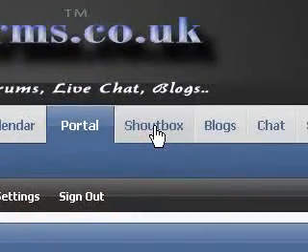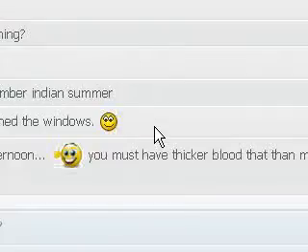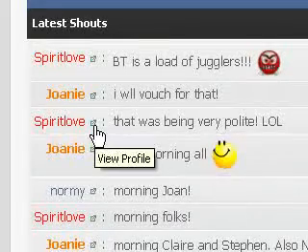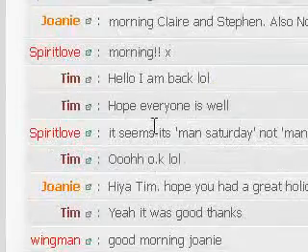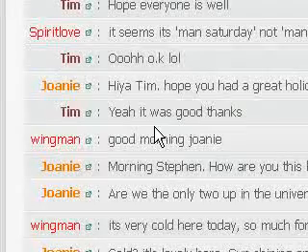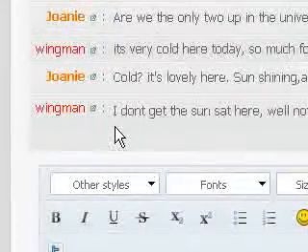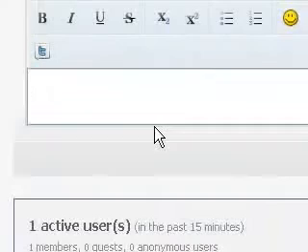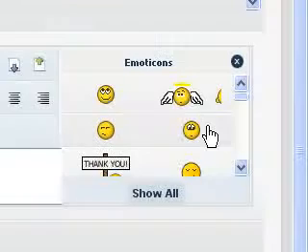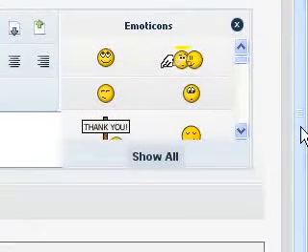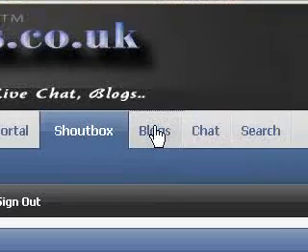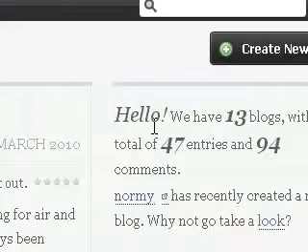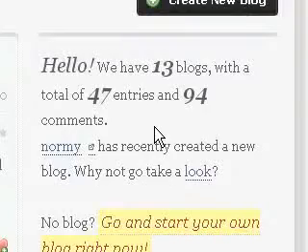Alright, shout box. Now we've all seen the shout box on the front page, but you can actually go into the full page shout box, which is a bit like a chat, but like I said, it only refreshes every 30 seconds or something. It's not instant, so it's good for those little messages. But you can actually come into the shout box and type properly. Of course, you've got your emoticons at the side there. Of course, we've seen the blog in the previous videos, so we know what the blogs are and what they're for.